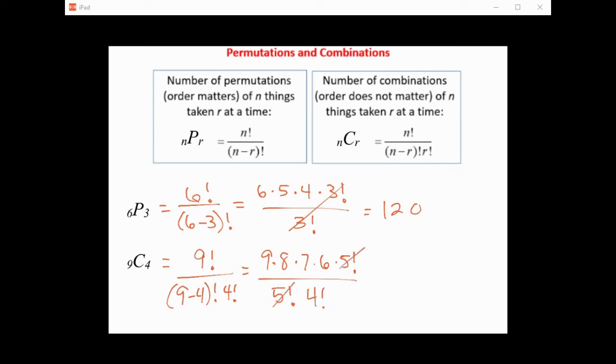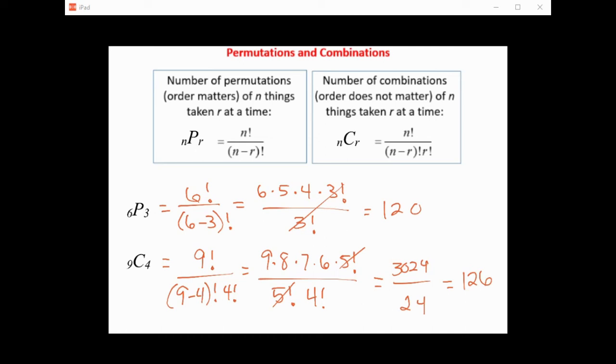So the 5 factorials will cancel. 9 times 8 times 7 times 6 is 3024. And 4 factorial is 24. So divide those and you get 126. But anyway,